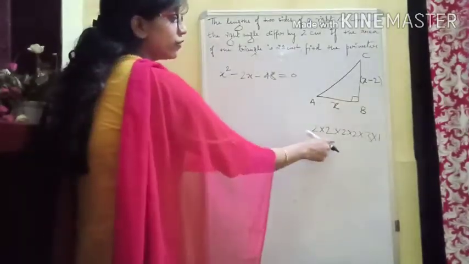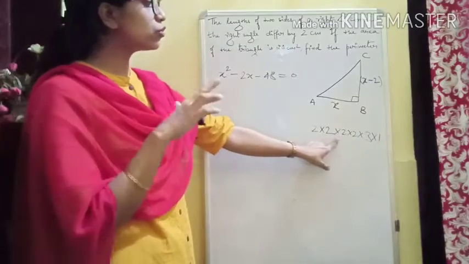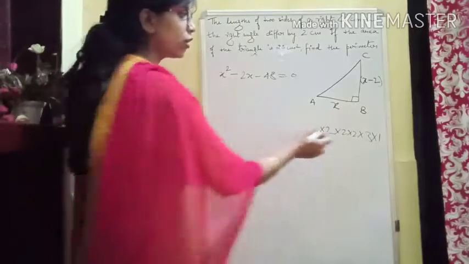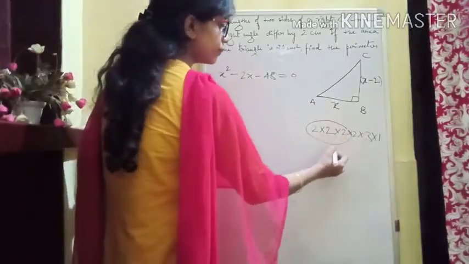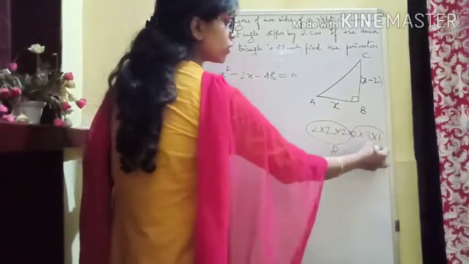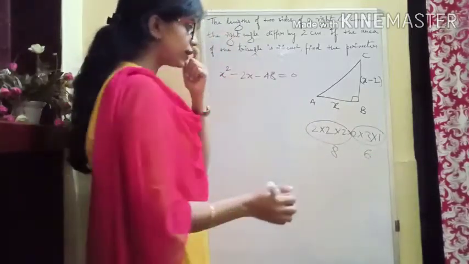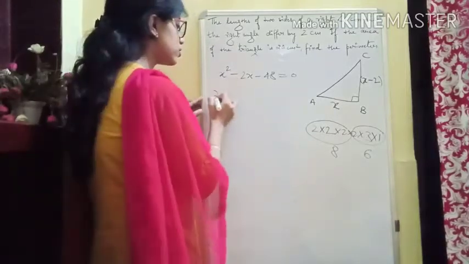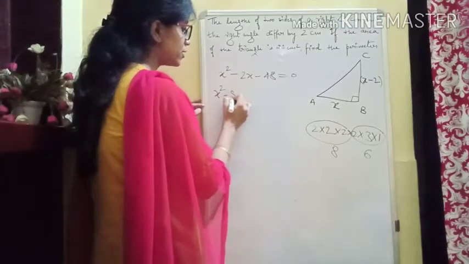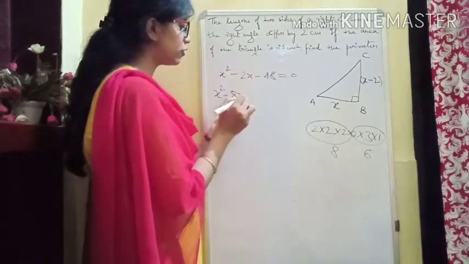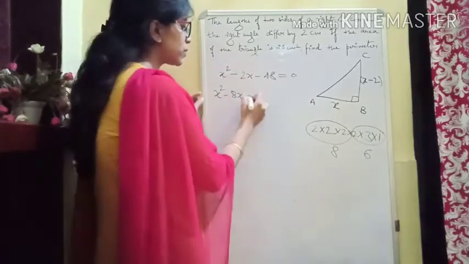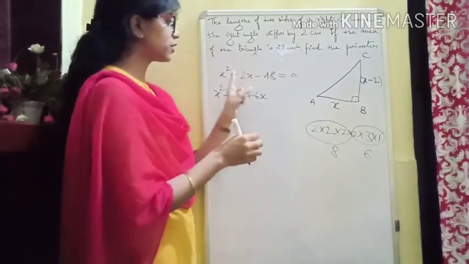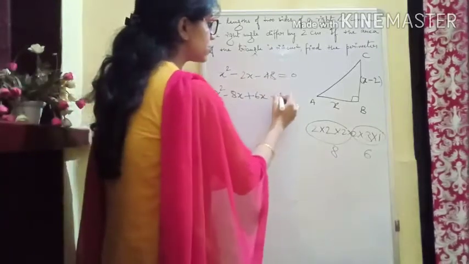Now we have to split this given term into two numbers such that we get this minus 2. Now if we take 8 and 6 together, 6 minus 8 will give you minus 2. So this you all are aware of. So we will write minus 8x, because we take the bigger one with minus sign because we want minus 2, and plus 6x.